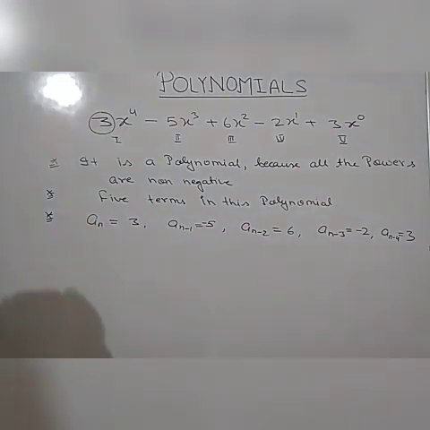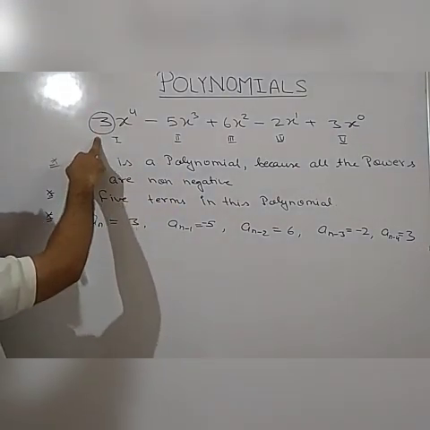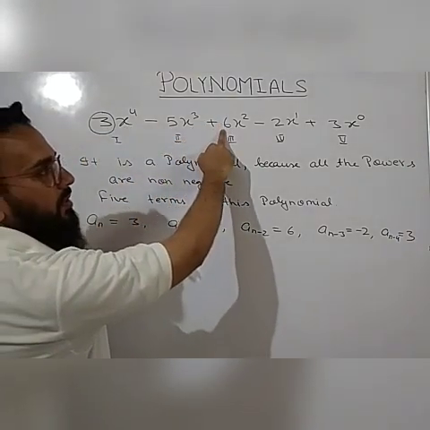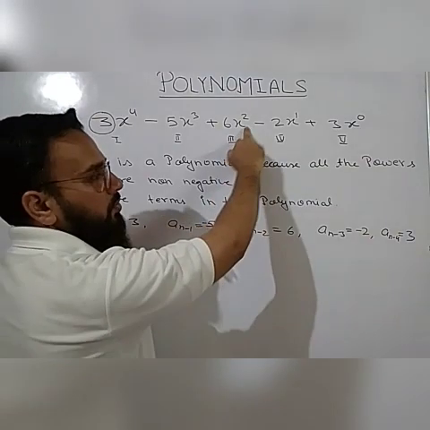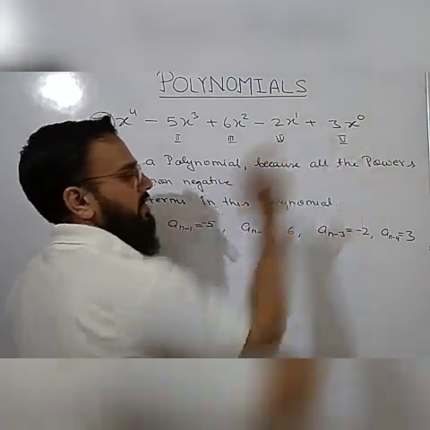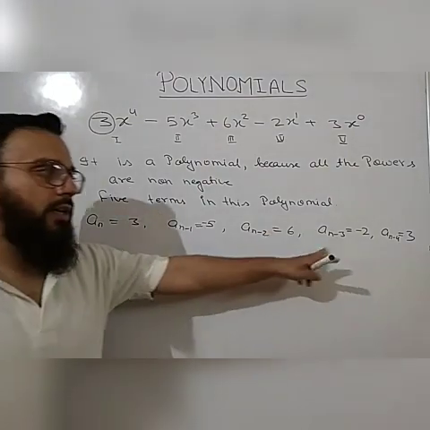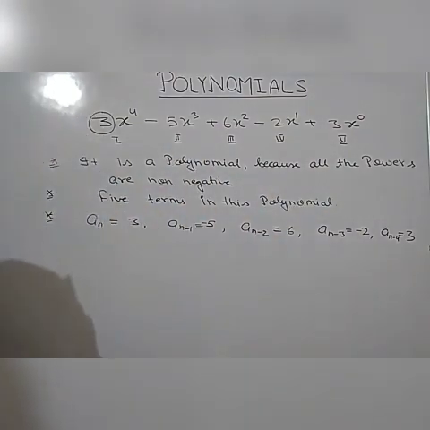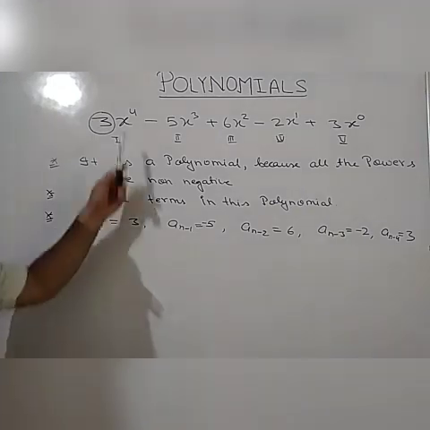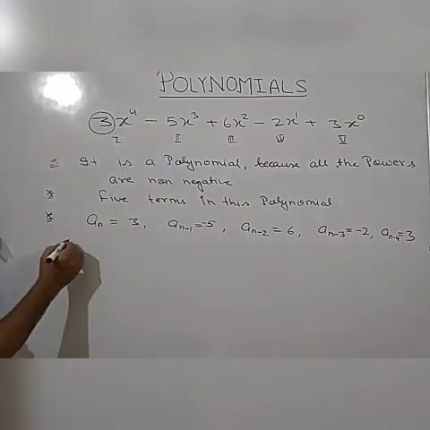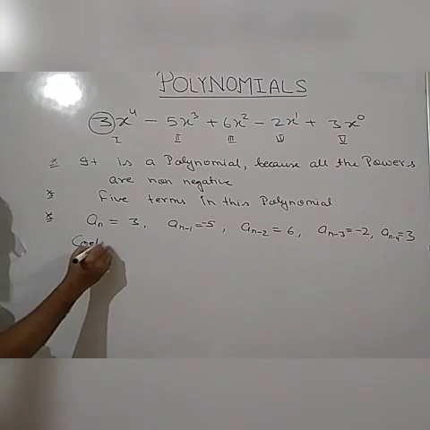Okay, what was the general form? General form was an x to the power n, an minus 1 x to the power n minus 1, an minus 2 x to the power n minus 2, an minus 3 and an minus 4. So we get the values of these terms. Okay, if it is asked in the question, find the coefficient of x to the power 4 or the coefficient of x square, so we can find it as coefficient